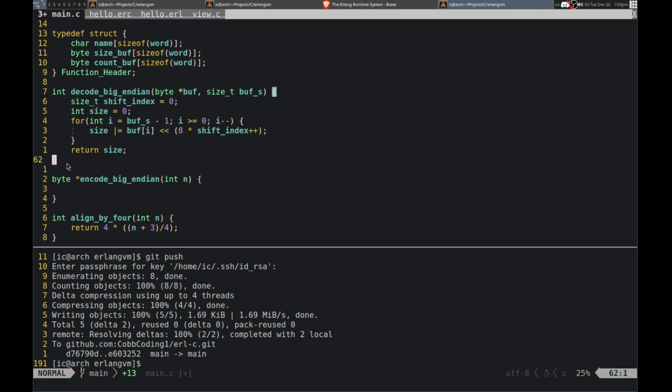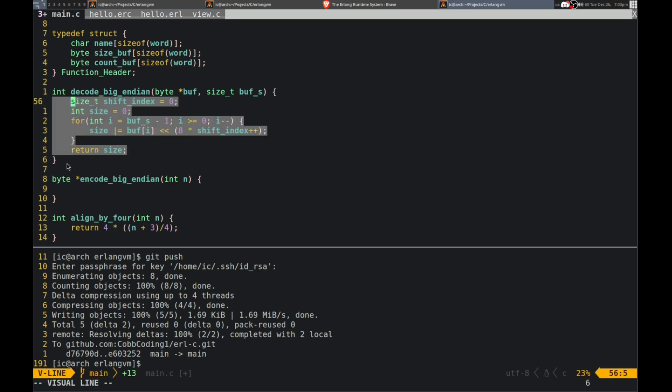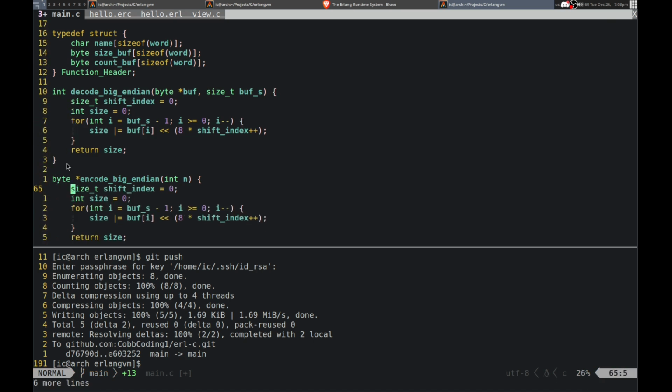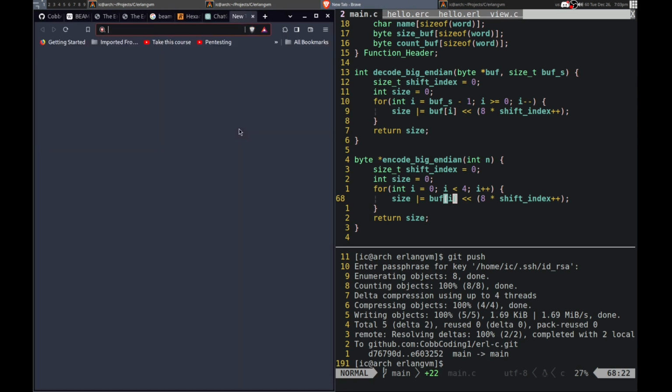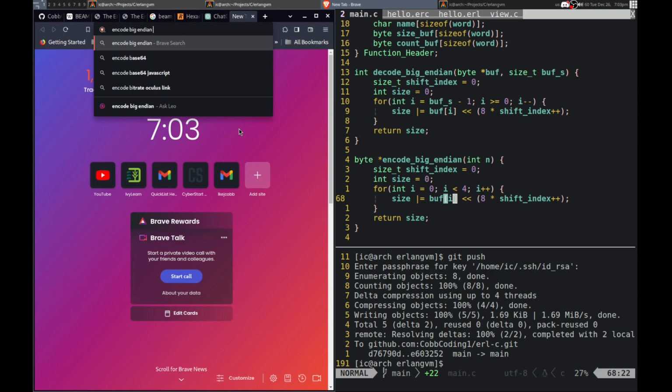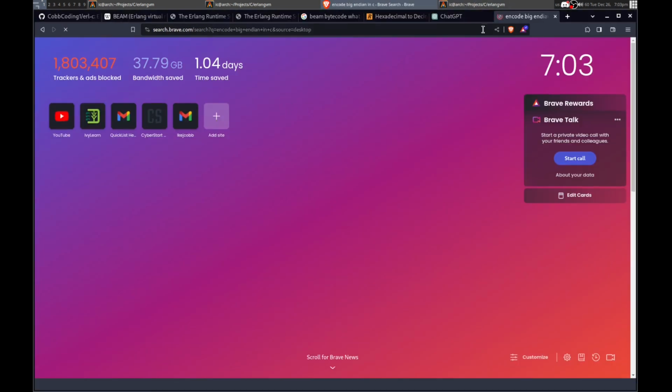So we can do something like this, but kind of the opposite. So, yeah, I'm not sure exactly how to do this. So, we don't have buff size. But we can start at 0. And then we can do, maybe we just can do it with a single one. It's only an integer, so it's always going to be 4. 4, okay. So yeah, how can we do that? Maybe big endian. Let's see.